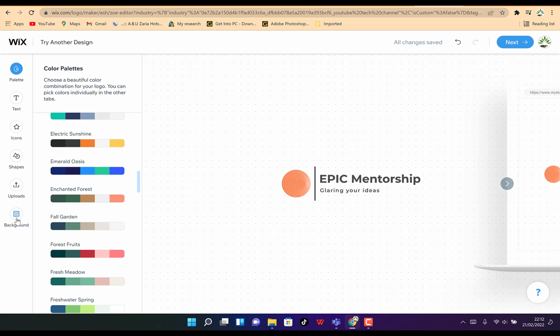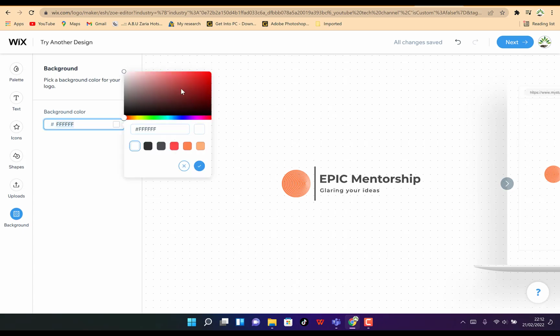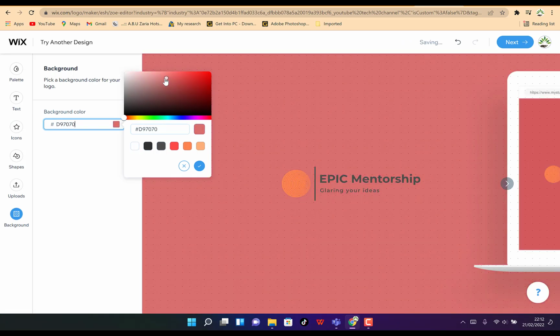So you can change the background color if you want. For example, you can just click and you have the option to click over here. Right now it's set to white. You can change the background accordingly. You can move these points to anywhere, and you can start to see how it's going to look like by just coming all the way. You can see as you are hovering over, because you are moving around, you can be able to see how the